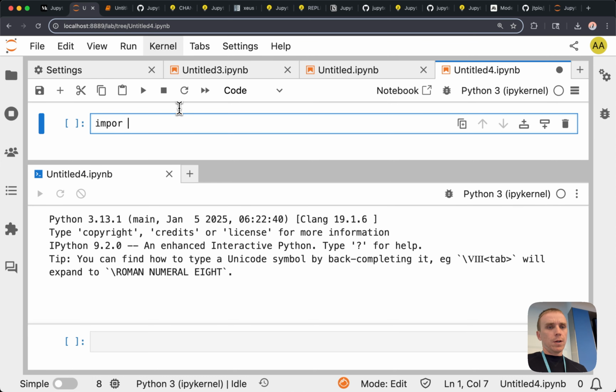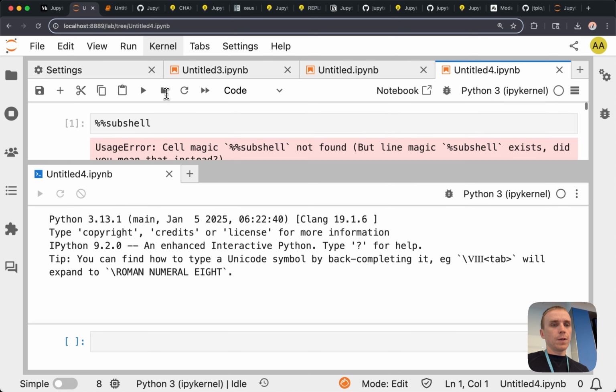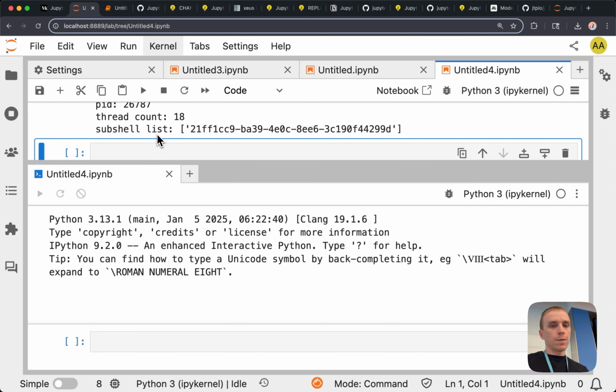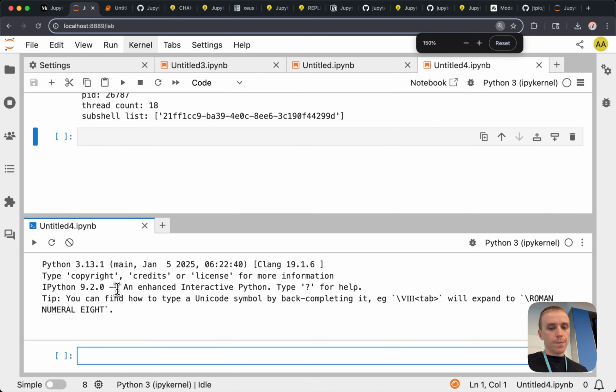So I don't know if that will work, because I think I installed... yeah. So here I have a subshell, maybe it's a bit too big.